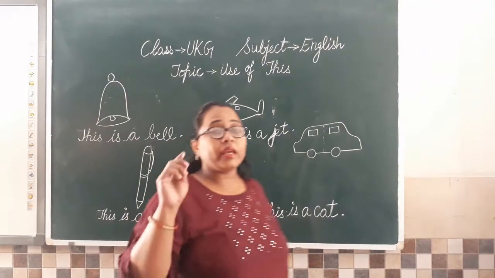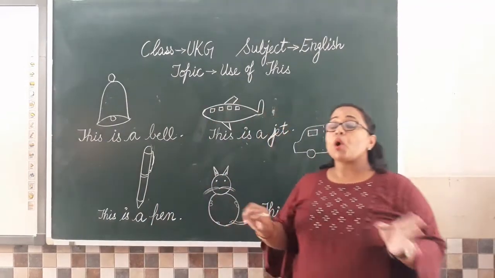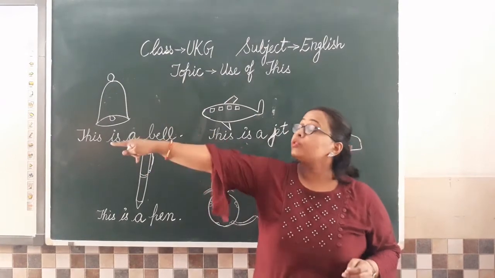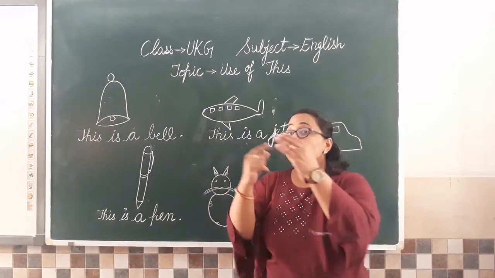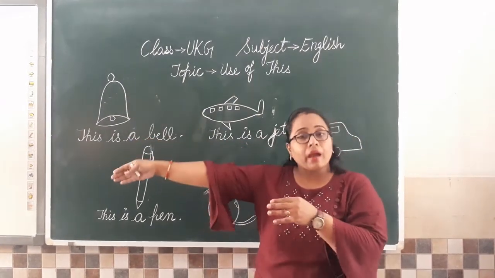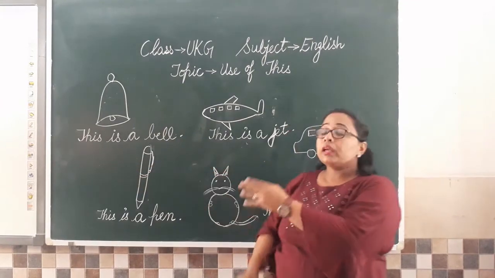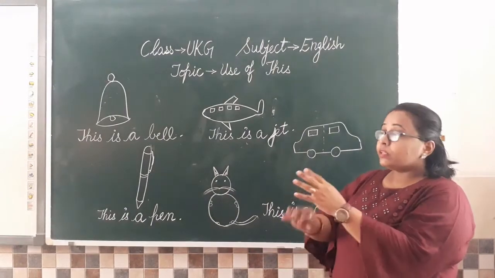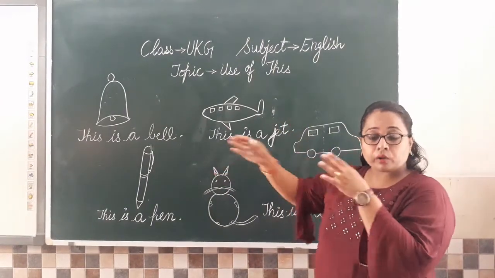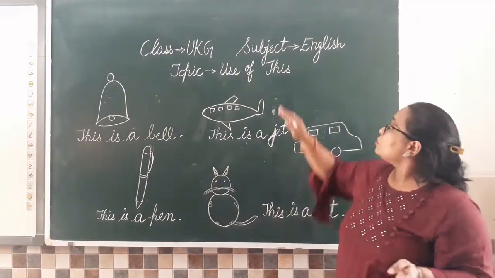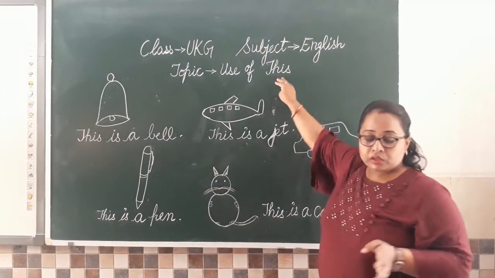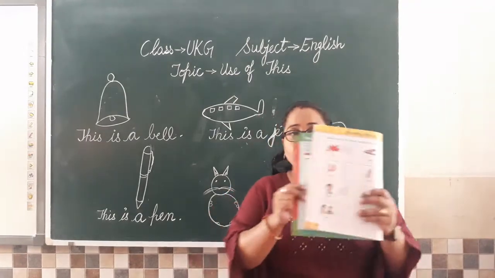हम उसको एरो करके नहीं बता रहे. As I told you, जो ऑब्जेक्ट दूर होता है उसको बताने के लिए आप मैम से कहते हो ना, मैम उसने, उसकी तरफ आपको फिंगर करना पड़ता है ना. हम एक एरो बनाते हैं अपने हैंड को यूज करके तो वो दूर हो जाता है. बट व्हेन वी आर नॉट यूजिंग आवर हैंड, जब हमें एरो नहीं बनाना पड़ रहा क्योंकि वो ऑब्जेक्ट हमारे पास है, सो व्हाट वील डू? विल यूज दिस. Clear?